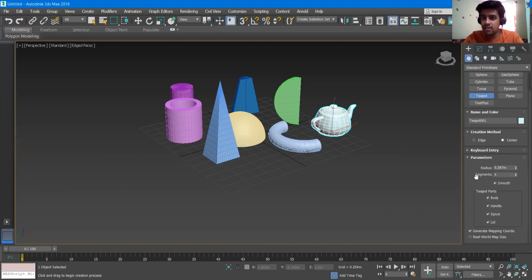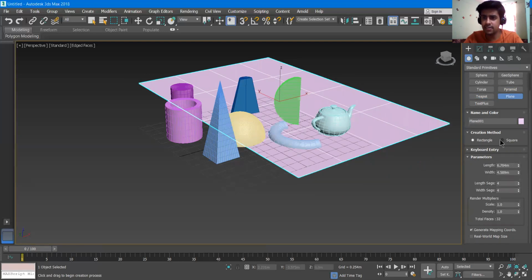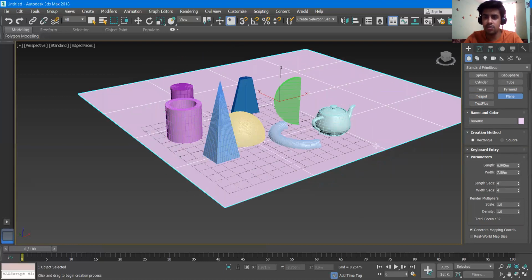These all the things are same. Now we will go into plane. We are having a plane. If I click it, if I move it around there, it is having plane, and it is having same things, that is length, breadth, and all that. If I increase the length, if I increase the breadth, it can go either ways.